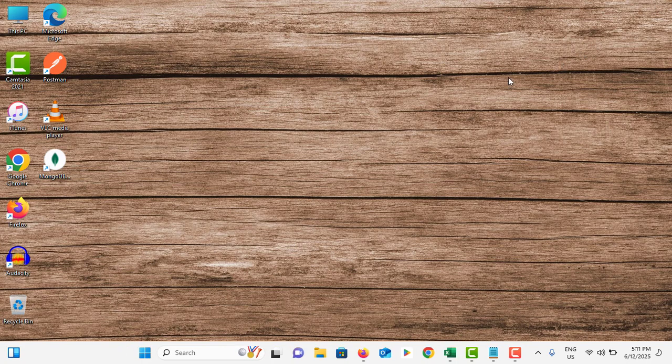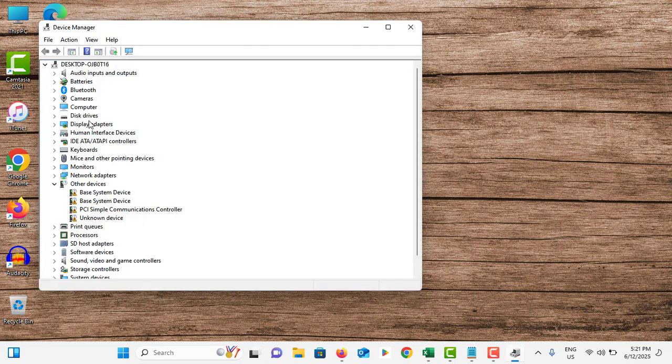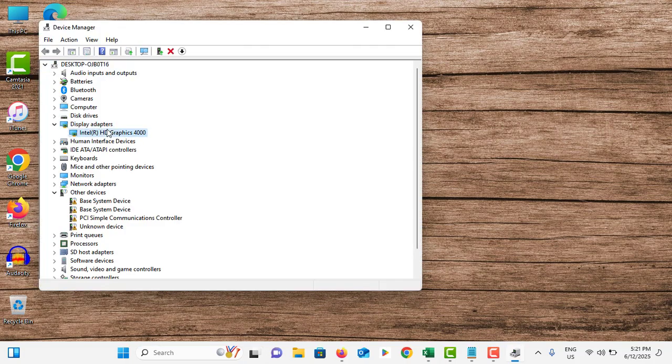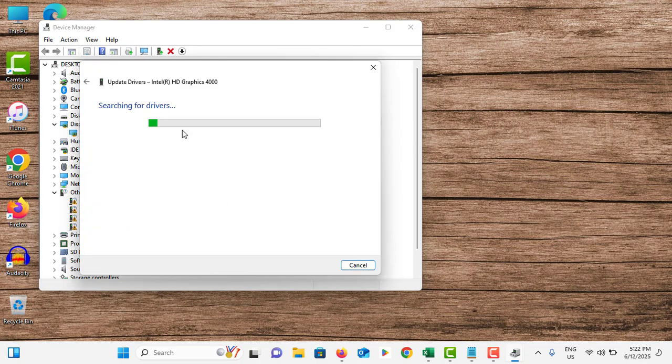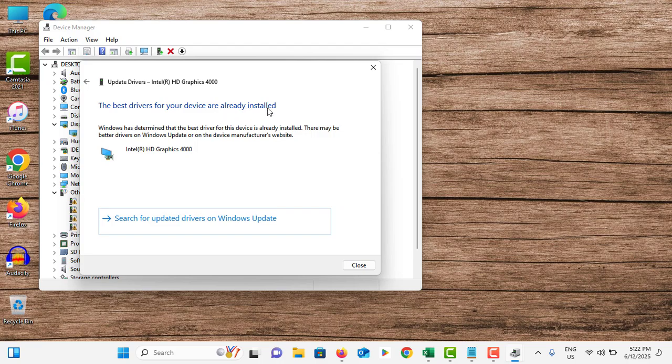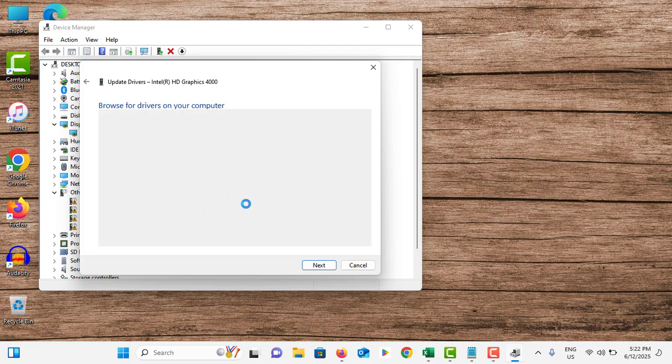If you can't find those display options in the settings menu, you can right click on the start menu. In this menu, go to the device manager option, double tap on display adapters, select your graphic driver, right click on it, tap on update driver and choose the first option in here. And if it says already installed, you can go back and select the second option, select this one, select